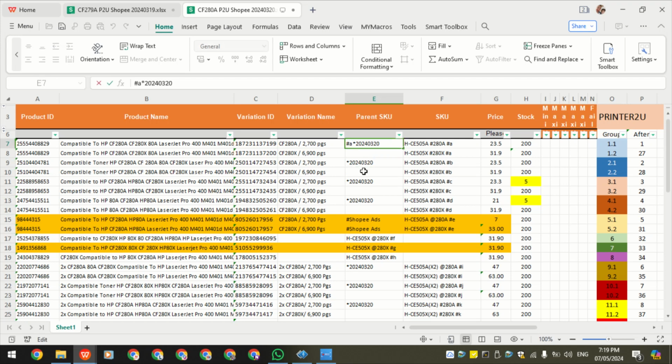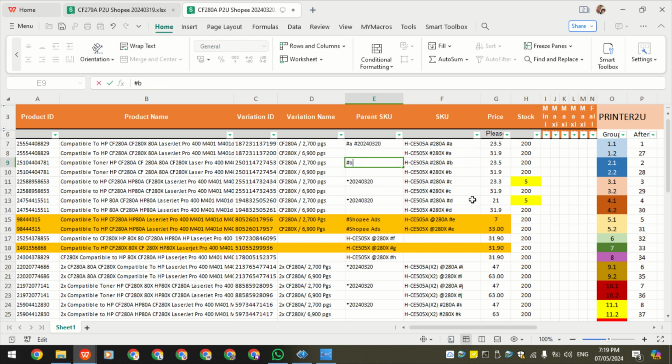And then I think I'll add a space. For the asterisk, I'll change to hashtag. For those asterisk label icons, I will change to hashtag as well. For the second parent SKU that was previously named with a date, I will just get rid of the whole parent SKU of date and replace it with a hashtag of